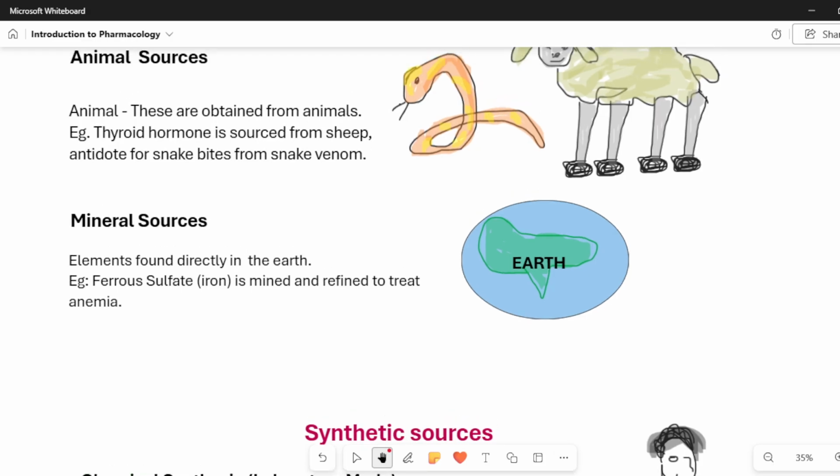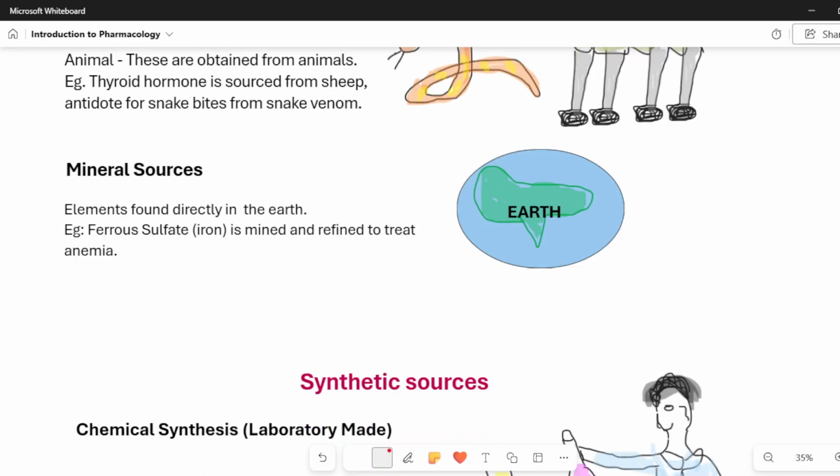Next is mineral sources. We have many elements which are found on the earth. So iron is mined and refined to treat anemia. So the iron tablets which we are given when we have anemia or low blood, that is derived from iron which is mined from our earth. So these are the natural sources from which our drugs are derived.